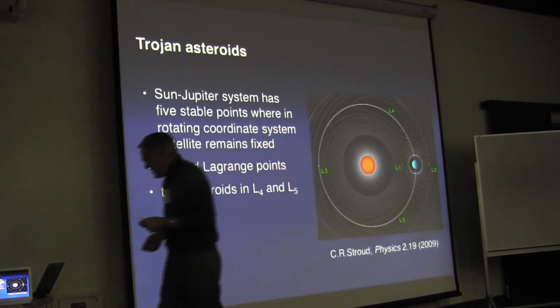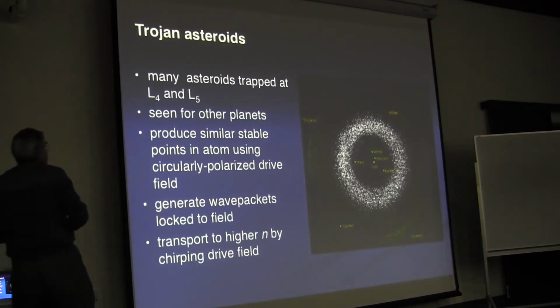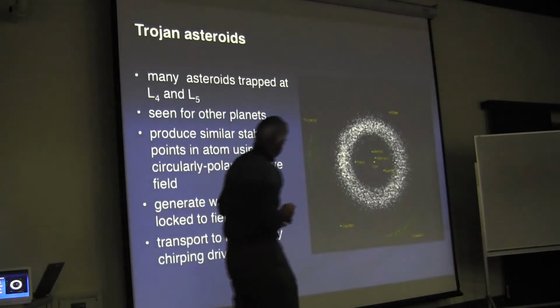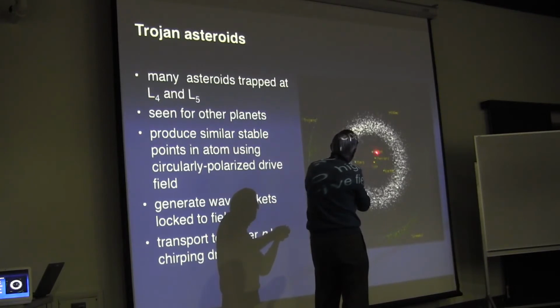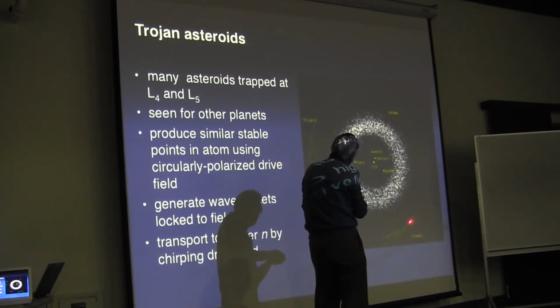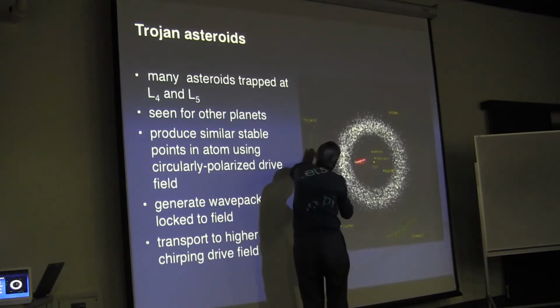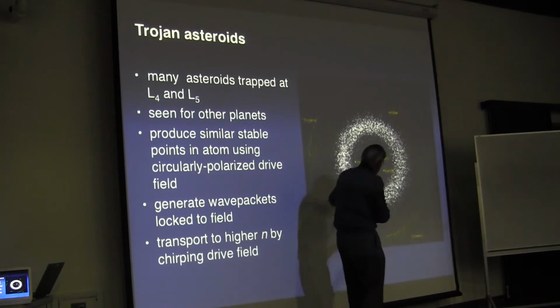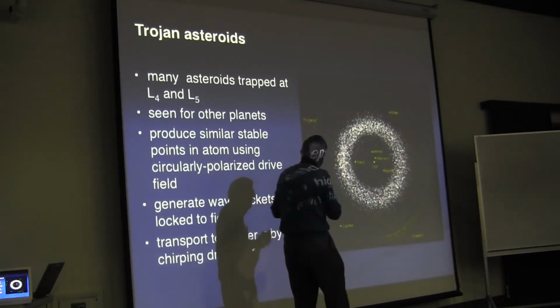And if you take a picture of what is known about asteroids in the solar system, you get something like this. Uh-oh, it doesn't show it to me. But basically, these are the various regular planets, and the dots here and the dots here are the Trojan asteroids. And you see they're locked 60 degrees behind and 60 degrees ahead. This ring here is what you would normally think of as the asteroid belt.